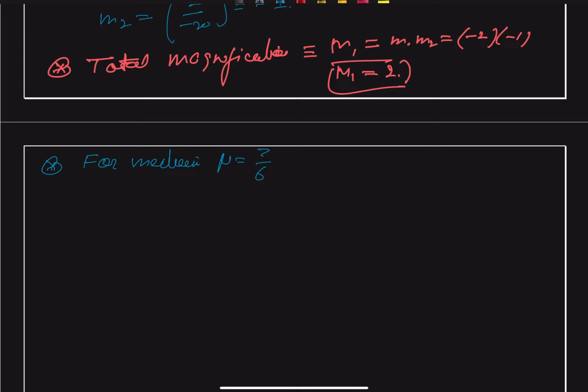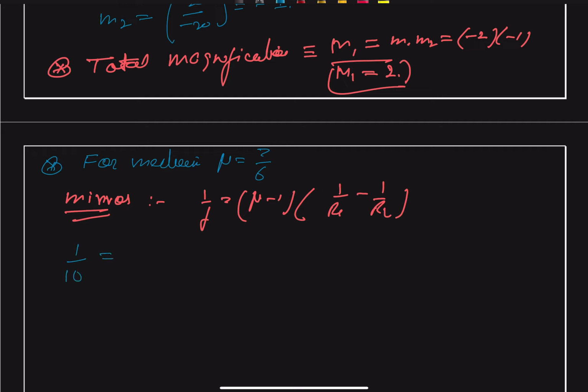Therefore, we can write that for our lens, we can write that our 1 upon f is equal to mu minus 1, and this comes as 1 upon r1 minus 1 upon r2. And we substitute the values. We get this as 1 upon 10 is equal to,